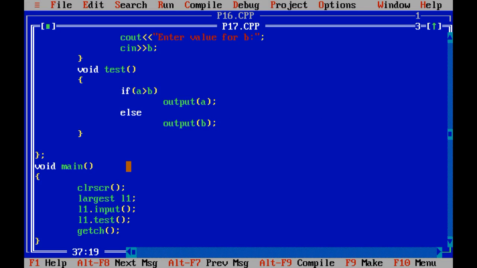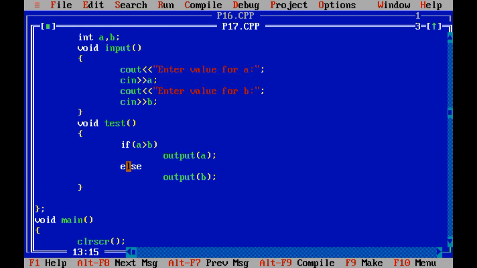Now let me explain the program. When you run the program, it will clear the screen, then it creates the object of the largest class called L1. With the help of the object of the class, I am able to access the public methods of the largest class. So input and test are both public methods.